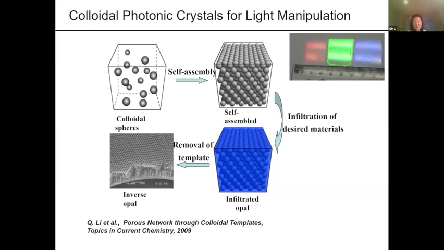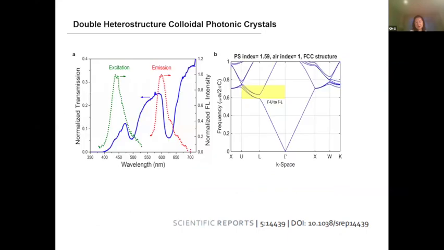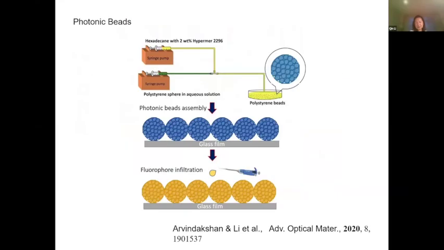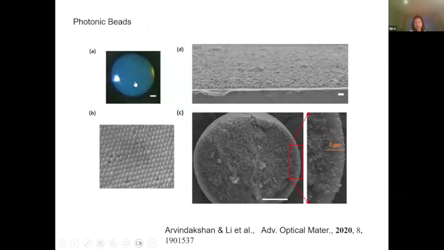So what we can do for this kind of quantum materials is we can use this metasurface to enhance their performance. So here is an example of using the photonic crystal structure to enhance the fluorescence. What we have used is photonic beads. So this blue color on this screen is purely from these polystyrene photonic beads. There's no dye, there's nothing else, and it's showing this color very angle independent.